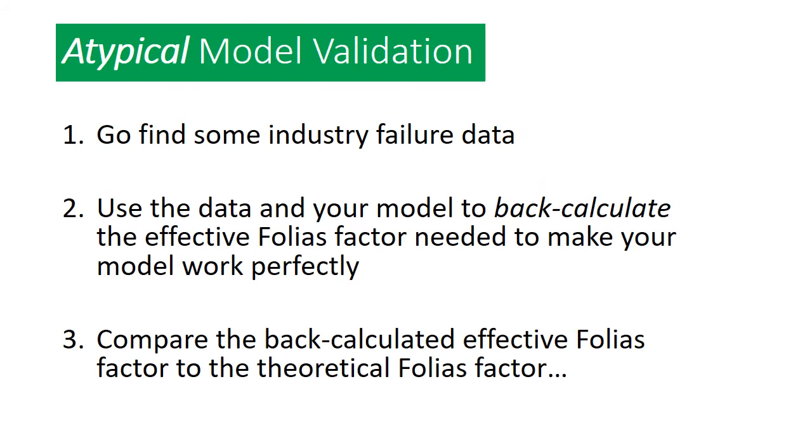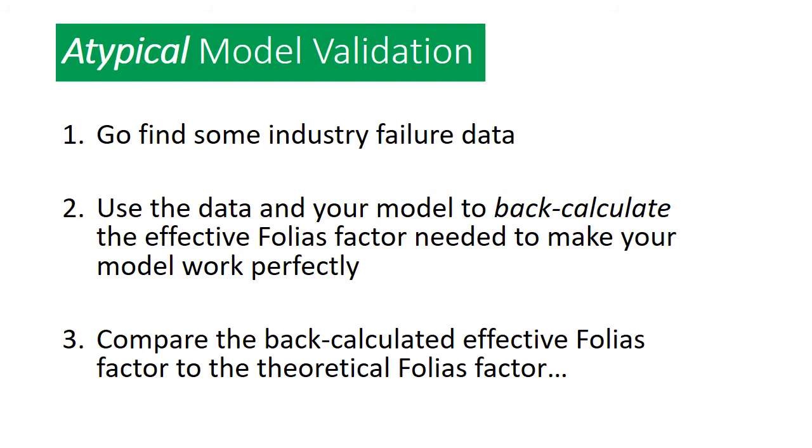Here's what I call my atypical model validation. It starts the same way. I go and find some industry failure data, but the next step takes a bit of a turn. I use that data and my candidate model, in this case the NG18 equation, to back calculate what would be the effective Folias factor that was necessary in order to make the model work